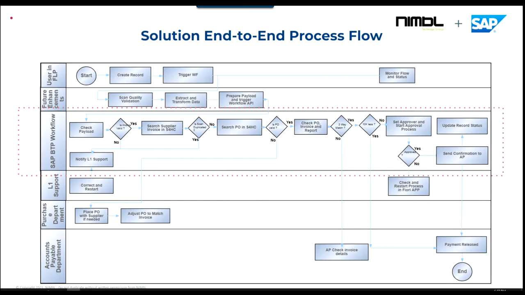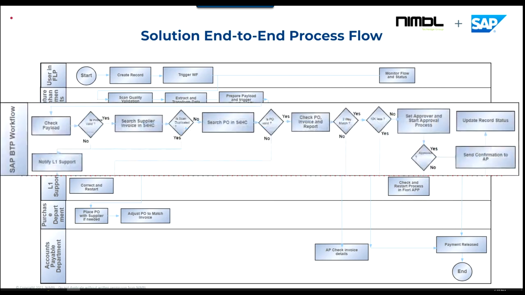I know this is not the easiest slide to read because there are a lot of boxes and content on here, but I wanted to provide a high-level glance into the end-to-end process of the solution. I promise I won't go through all of these boxes. I just want to highlight this center swim lane here for SAP BTP workflow. This swim lane includes and identifies all of the processing steps that we are automating by using the workflow management service in BTP. So activities like searching for invoices, notifying approvers, searching for purchase orders, checking duplicates and errors,